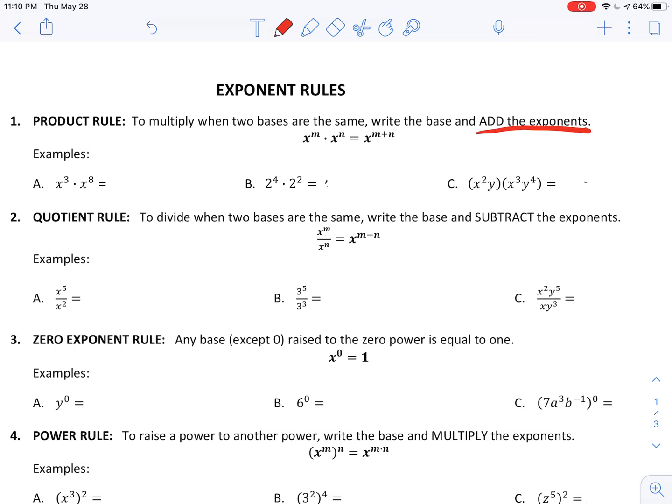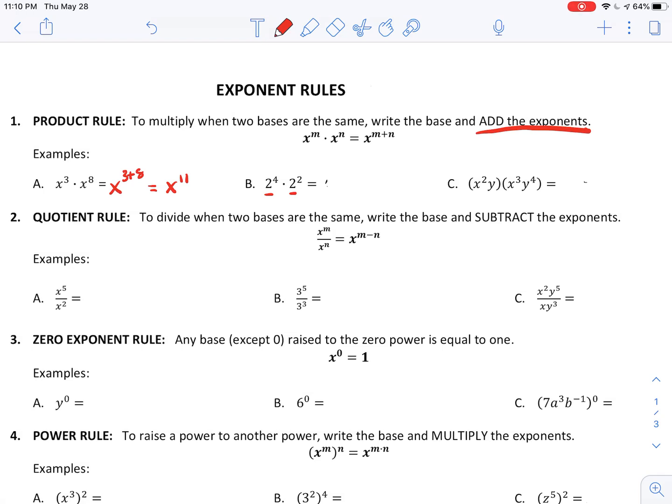So when we take a look at a, x to the third times x to the eighth, that becomes x to the 3 plus 8, which is x to the 11th, okay? So again, we have two bases. They are the same, and they're multiplied. We add them together. So here in question B, we have the similar situation,